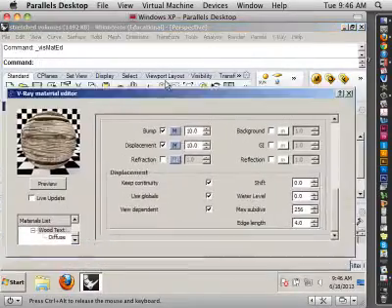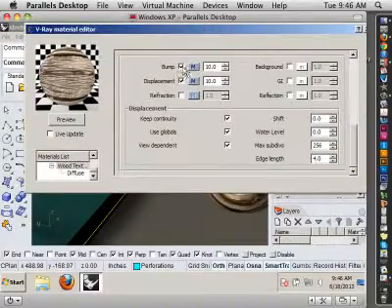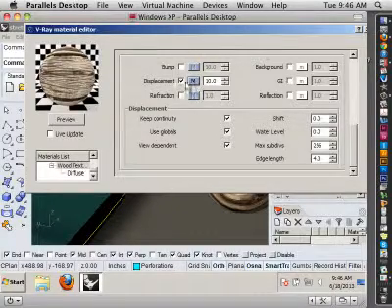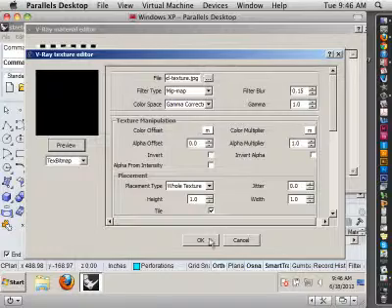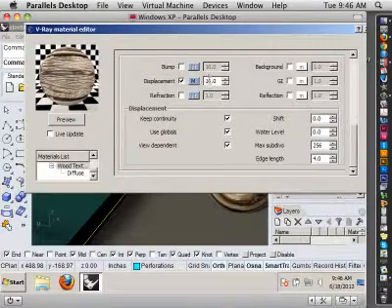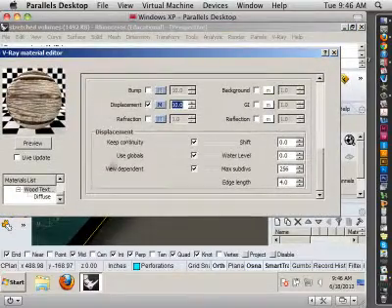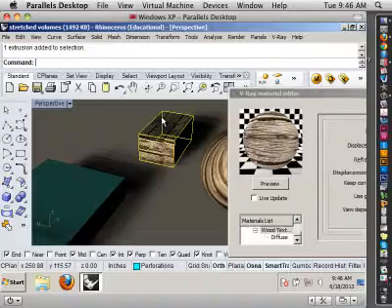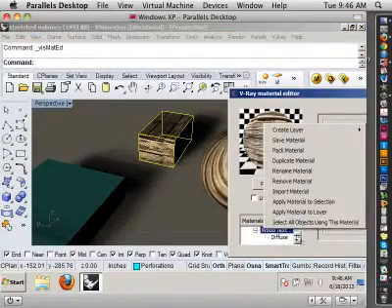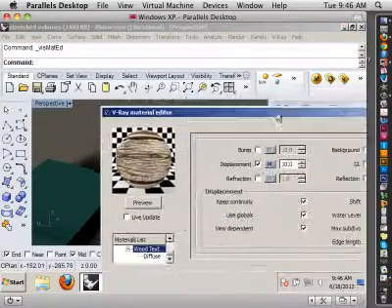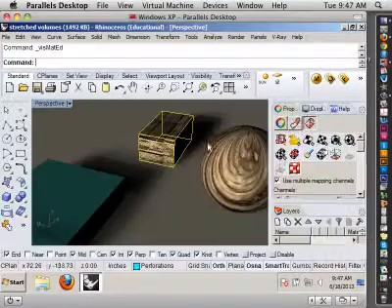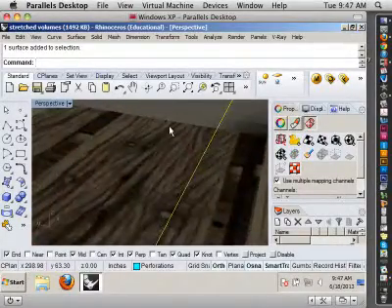Under materials, if I want this to have a relief to it, instead of bump, I want to have a displacement map on. So I'm going to use the same image file as the wood texture, and I'm really exaggerating this just so you could see it. So I've made the displacement on this 10, and I'm going to make sure that this material is applied to my selection. And then if I go in and render it,